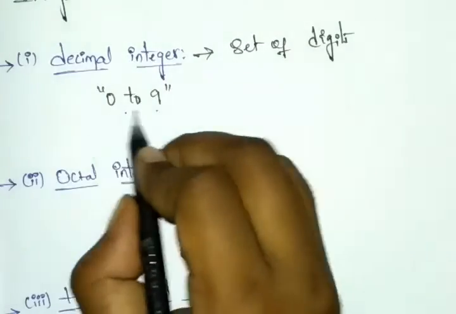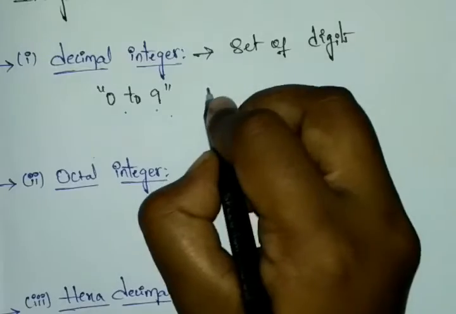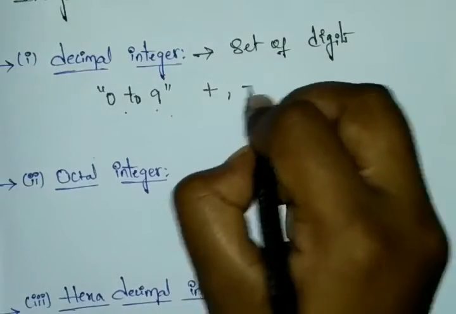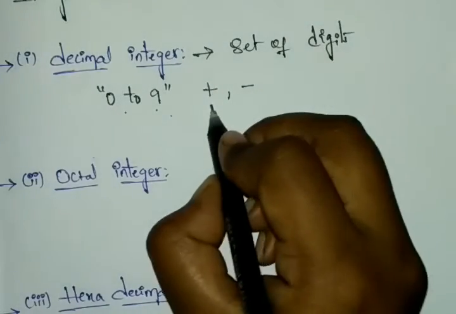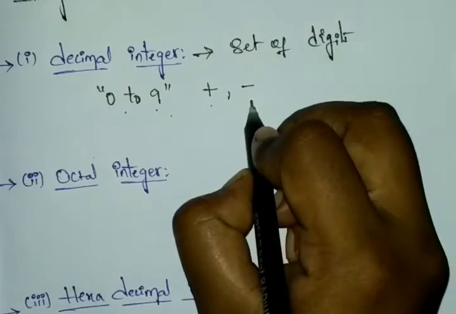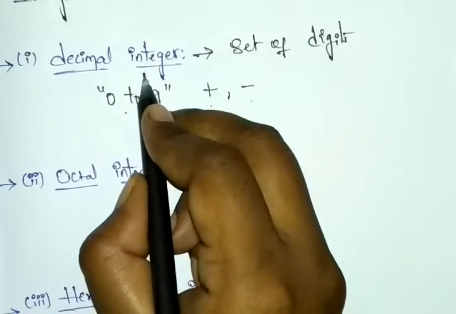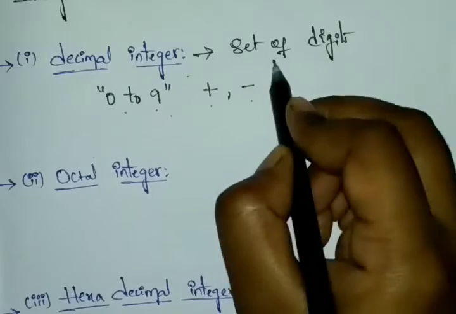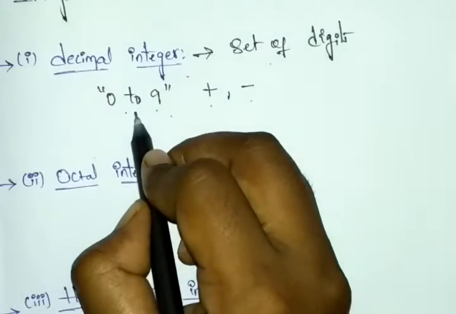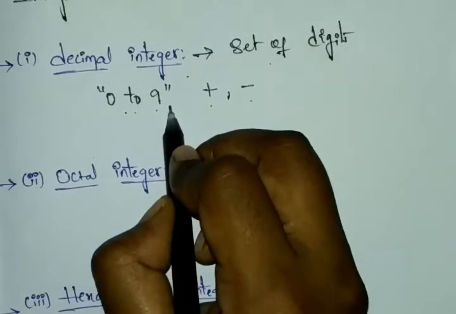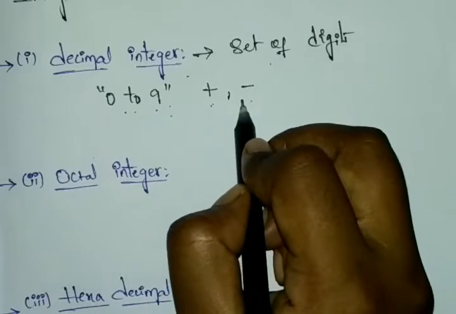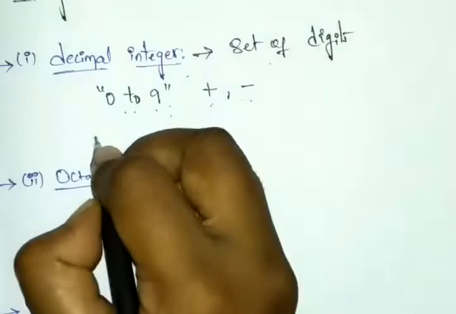And these decimal integers accept signs, plus or minus. It may be positive, or else it may be negative. Once you are performing the decimal integer, it will have a set of digits from 0 to 9, and it can accept positive or negative values. And for example, you can see